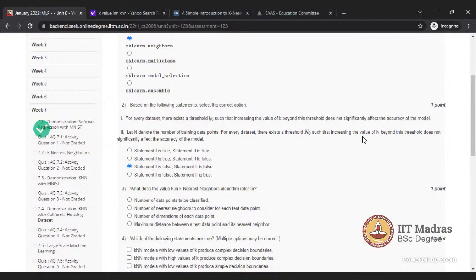Beyond that, even if you increase k, it will not change the accuracy, since 1 is the highest. But if it is between 0 and 1, it will reach 1. However, this question should be framed in such a way that k should be less than that.